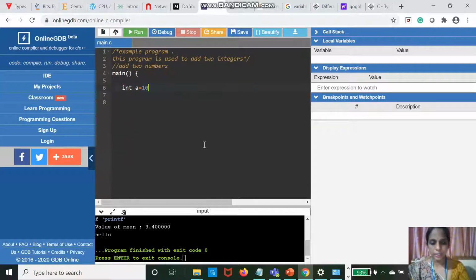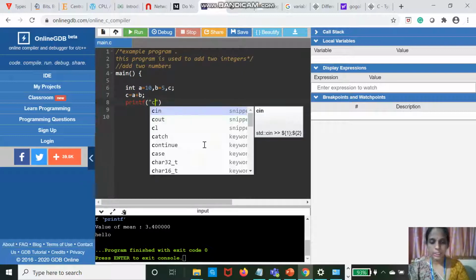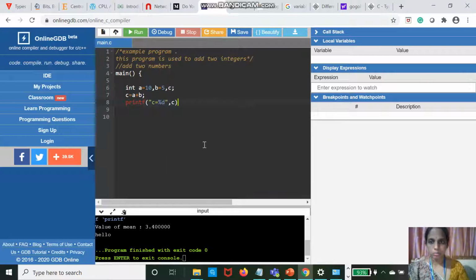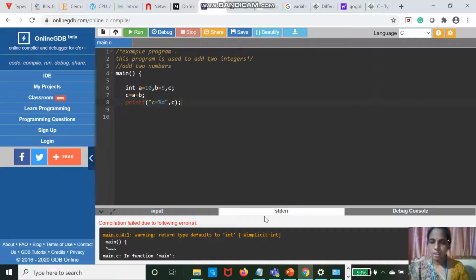Int A is equal to 10, B is equal to 5, C is equal to A plus B. printf C is equal to %d, comma C. And if I debug, an error is there, right?